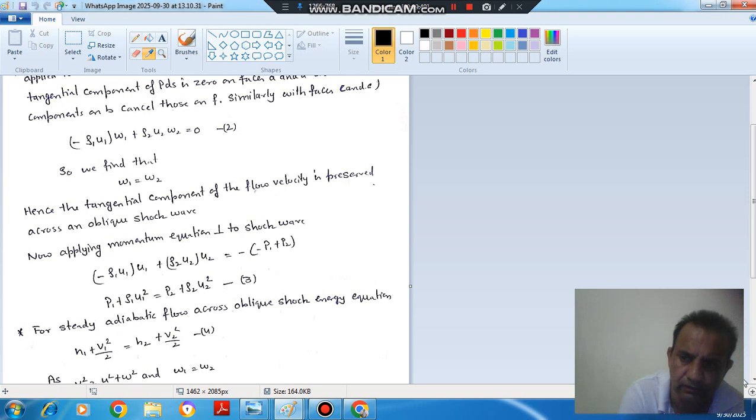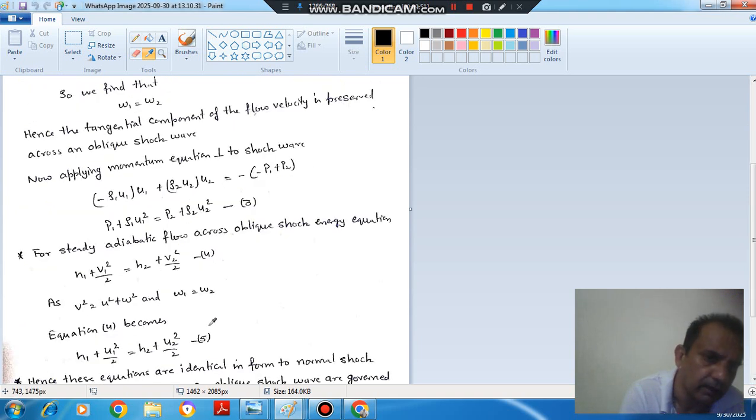Now the energy equation is H1 plus V1 square by 2 is equal to H2 plus V2 square by 2, and V square is u square plus W square, and W1 is equal to